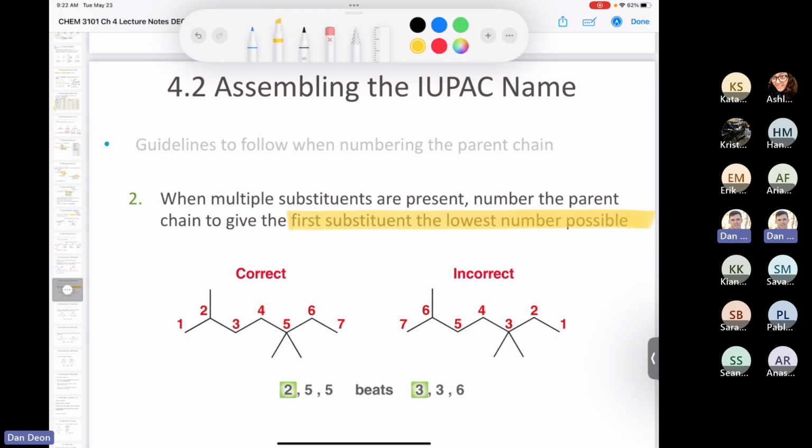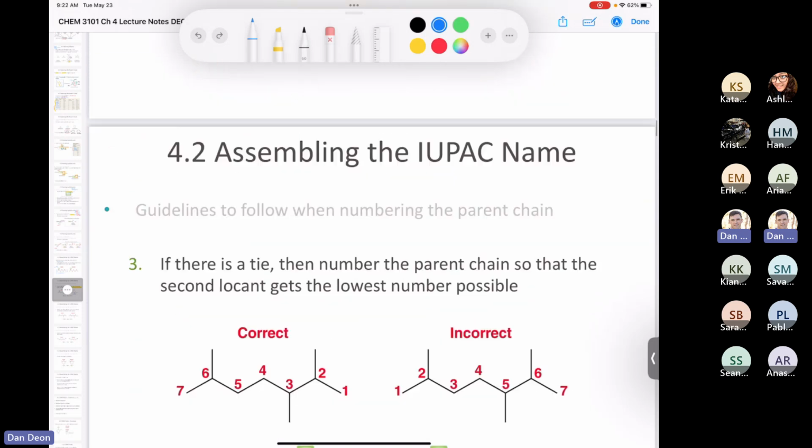So if you look at the one on the bottom left, we go 1, 2, there's our first substituent, a 2-methyl. If you number from the right, you have 1, 2, 3, 3. So you'd say that's a 3,3-dimethyl, and I'll get into that in a second. But what's a lower number, 2 or 3? 2 is a lower number. Therefore, this is the correct way. Remember, it's got nothing to do with adding the numbers up. You don't need an abacus or a computer or Excel. First substituent, lowest number, that's the answer. You start numbering from that position.